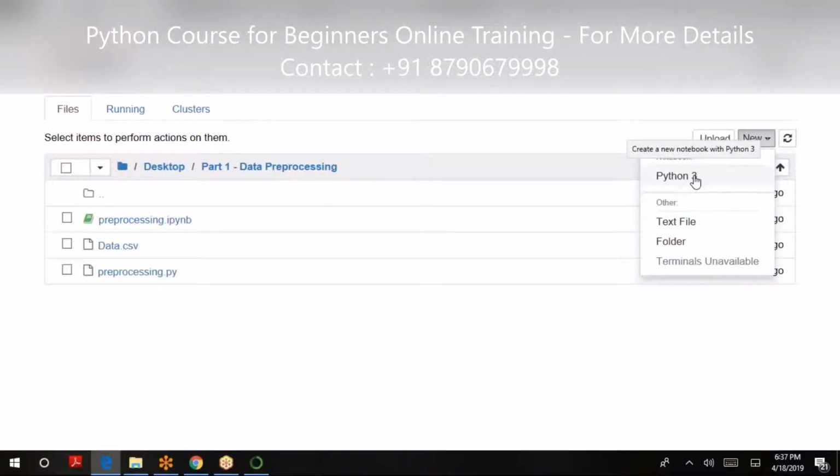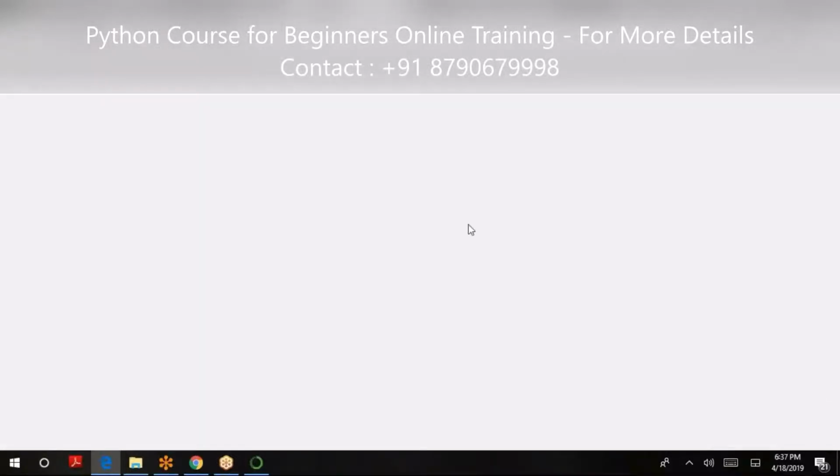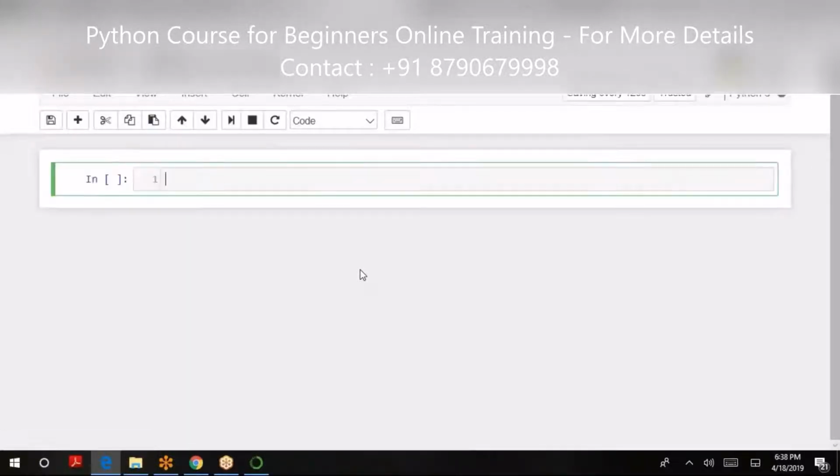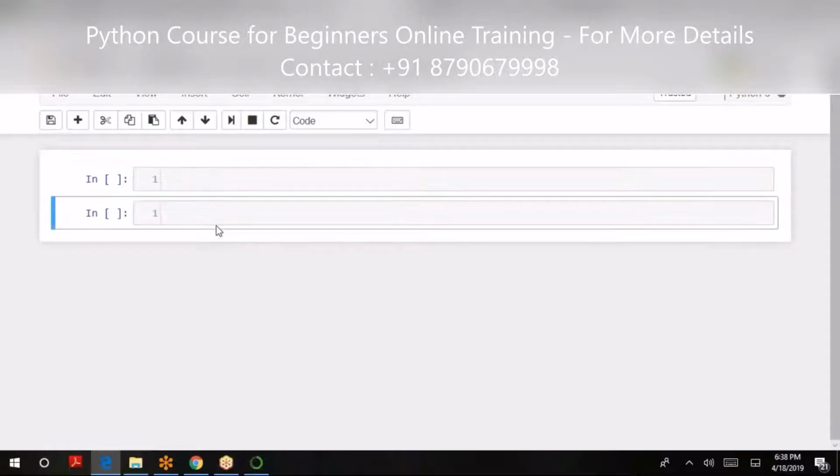Once I click on new Python 3, it will give me a blank editor window where you can write your codes. What is the advantage of Python and Jupyter is you can have different patches of code.